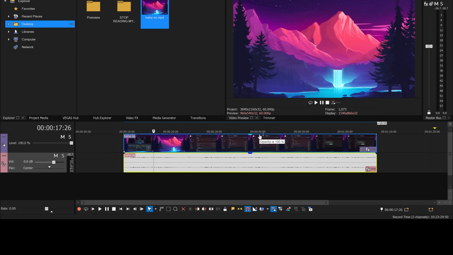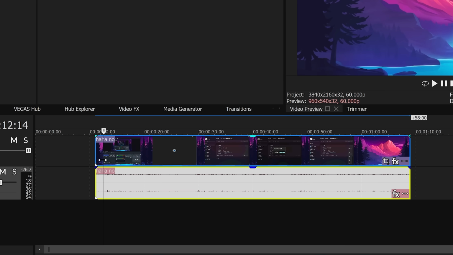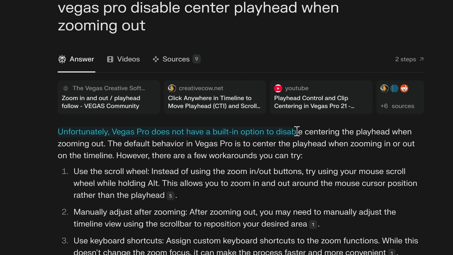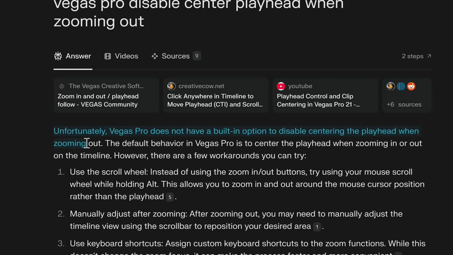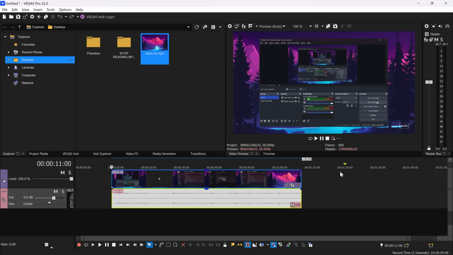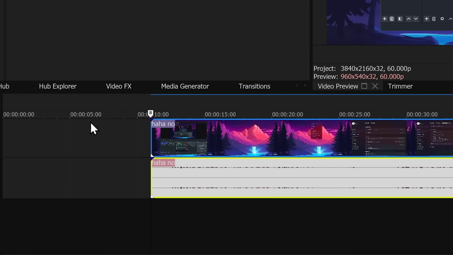Interesting behavior. This is definitely different. I'm not sure if I like this yet. Maybe I can customize it. Unfortunately, Vegas Pro does not have a built-in option to disable centering the playhead when zooming out. I would love for a bunch of video editing softwares that I've tried to let the user enable or disable these features as toggles. If someone wants to zoom in where their mouse cursor is,